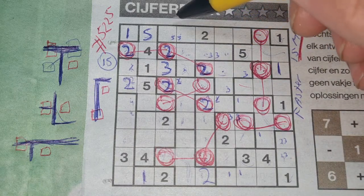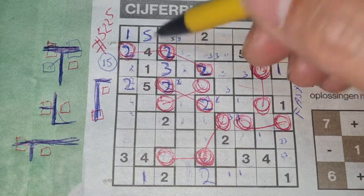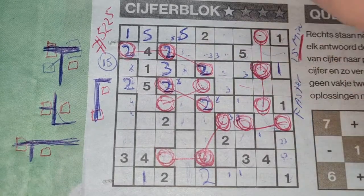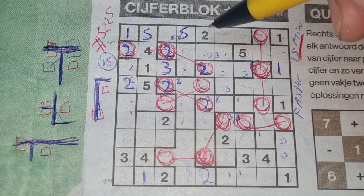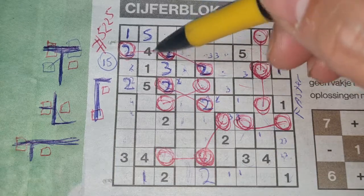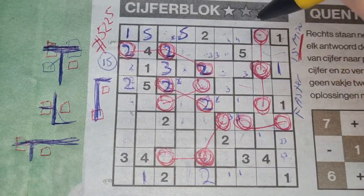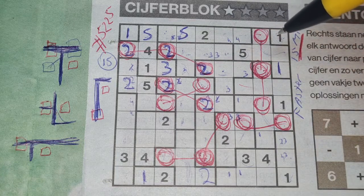Alright, then. I've marked those 2 boxes earlier with a 5. Now we have a 5 there, so this box can't be 5 anymore. That box should be a 5, okay. So, yeah, need to think. This box can be a 4. So the 4 could be here, could be there. Well,